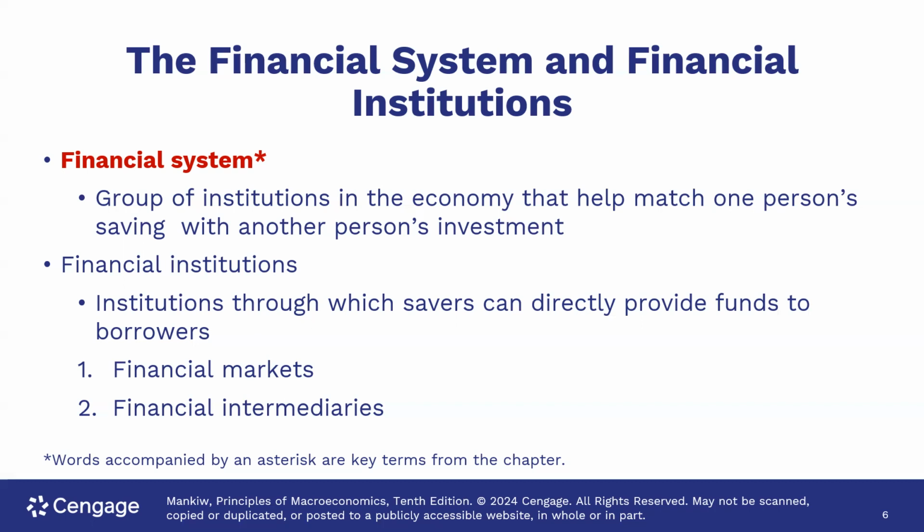They are the institutions through which savers can directly provide funds to borrowers. The financial institution is a middle person that channels the fund from one group of people to the other. The financial market is a place where the financial institutions